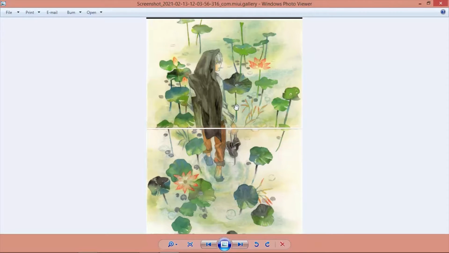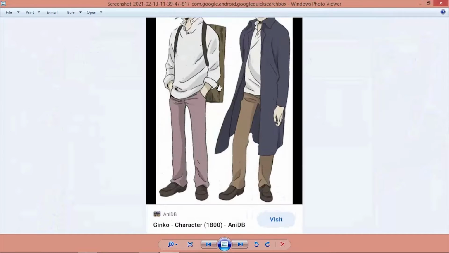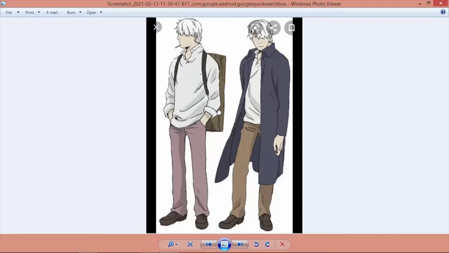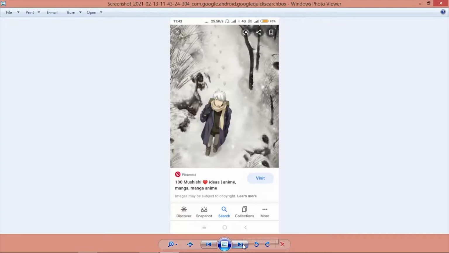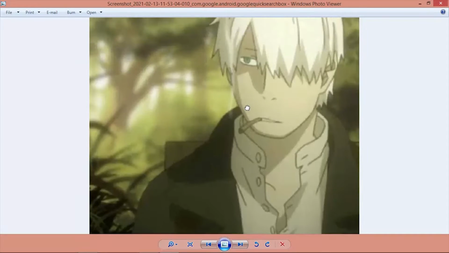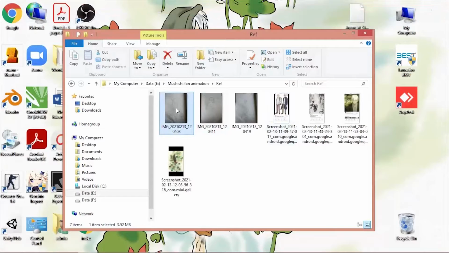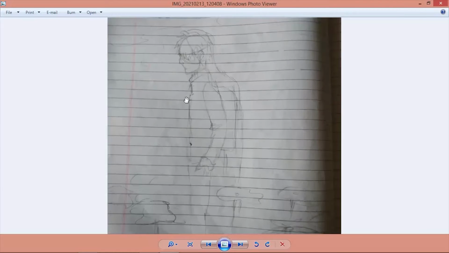And I wanted to get an idea of how I will animate this scene and the camera angles I would take. And so I made a very rough storyboard and took some images for reference of how the main character looks in this case, to get an idea, so I don't go off track. And then I made this rough storyboard.